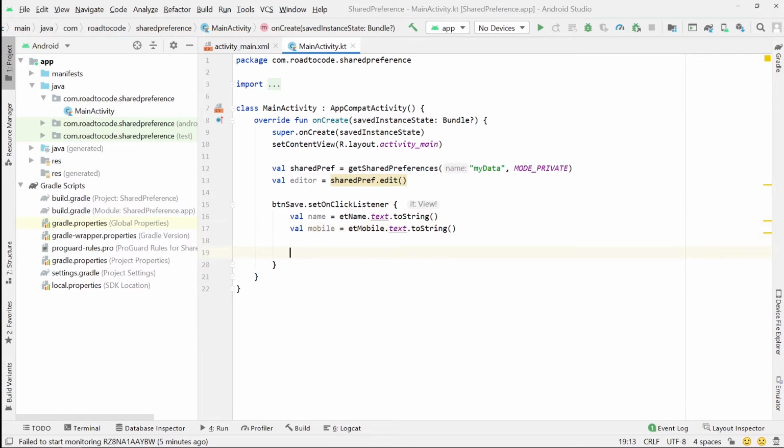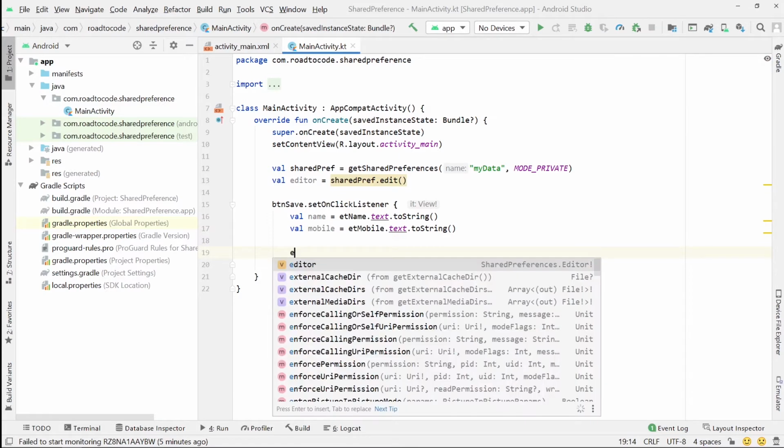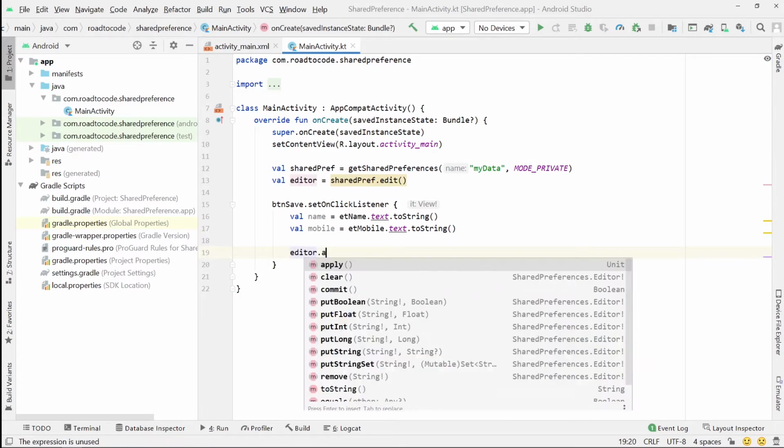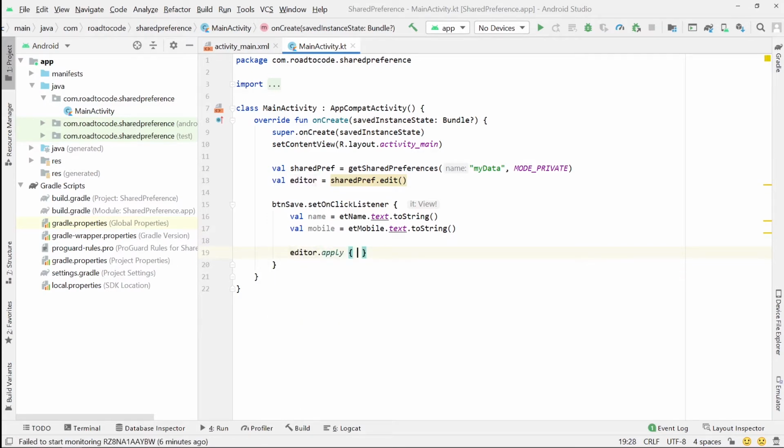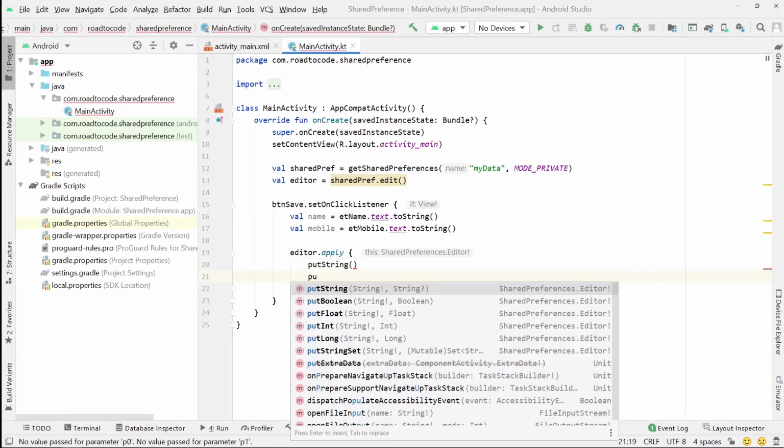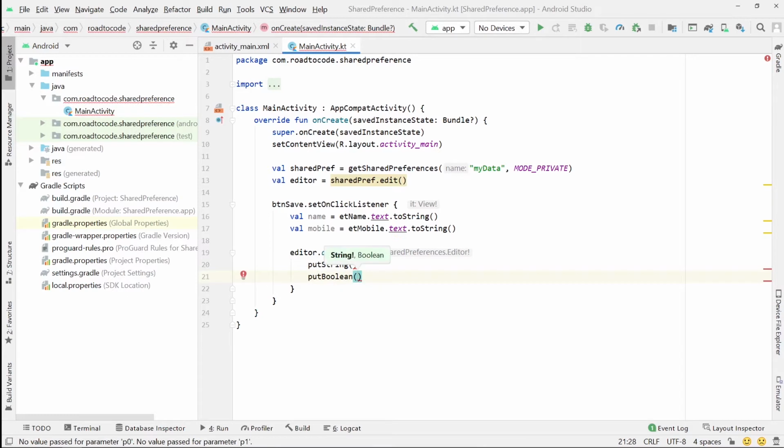Now how will we store this data inside the shared preferences? For that, using editor I will apply one. Here we will create a scope using apply, and now to store the data there are various methods, for example putString or putBoolean, putFloat, putInt.